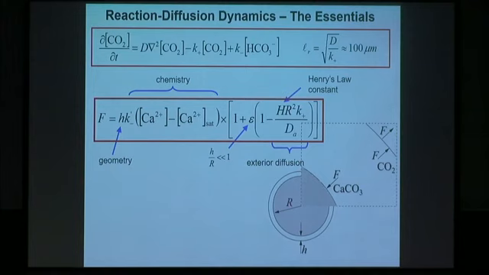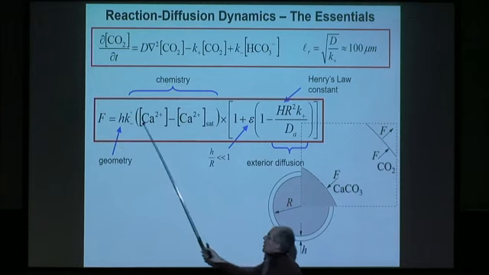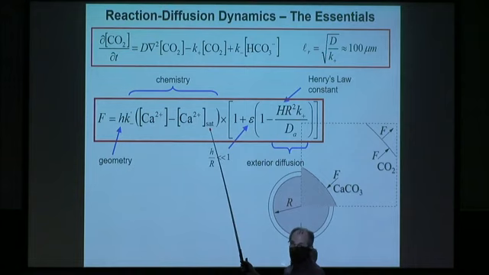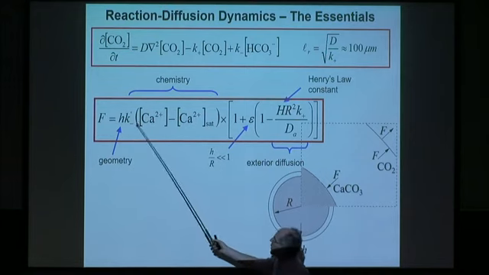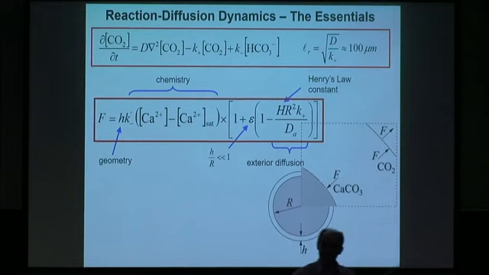And what you discover after you solve this problem, and I won't show you how, is that the flux of calcium carbonate onto the surface depends on the excess concentration of the calcium in solution compared to the saturating amount, obviously, some rate constant, but most importantly, the thickness of the fluid layer, as long as that layer is thin. So in fact, all I need to know is how thick is a fluid layer flowing down an object of cylindrical symmetry, and I can just immediately calculate the flux.